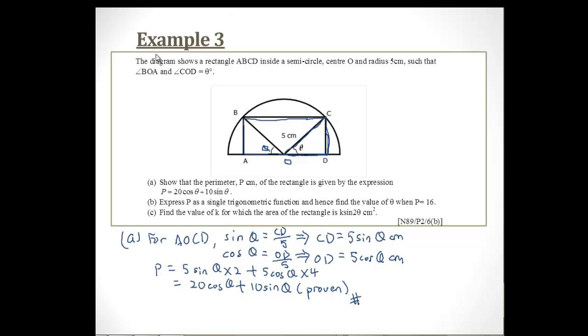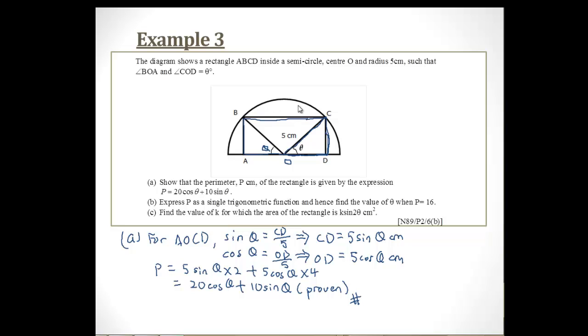Now let's go through example 3, which is the last example of our formula. This example shows us the application of our formula in some word problems. The diagram below shows a rectangle ABCD